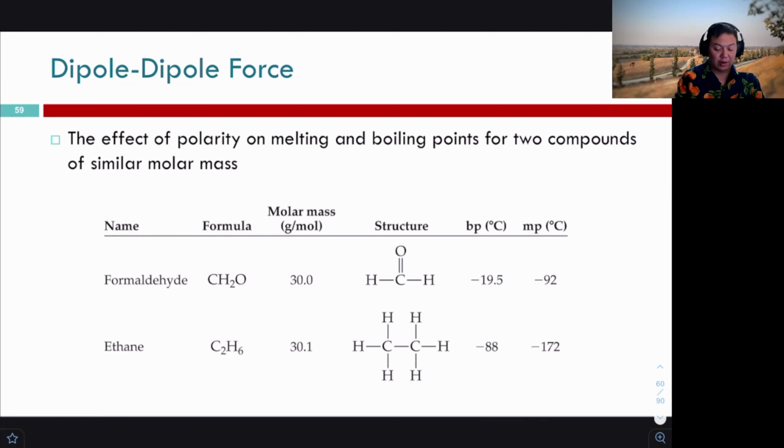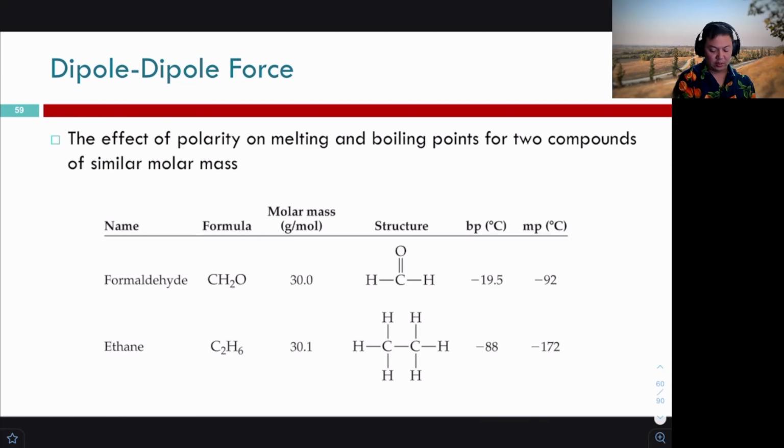The effect of polarity on melting points and boiling points for two compounds of similar molar mass is pretty stark. So formaldehyde has a molar mass of 30, and then we have ethane, which is another molecule with a mass of about 30, so it's 30.1. And if we look at their boiling points, I kind of wish these were written in